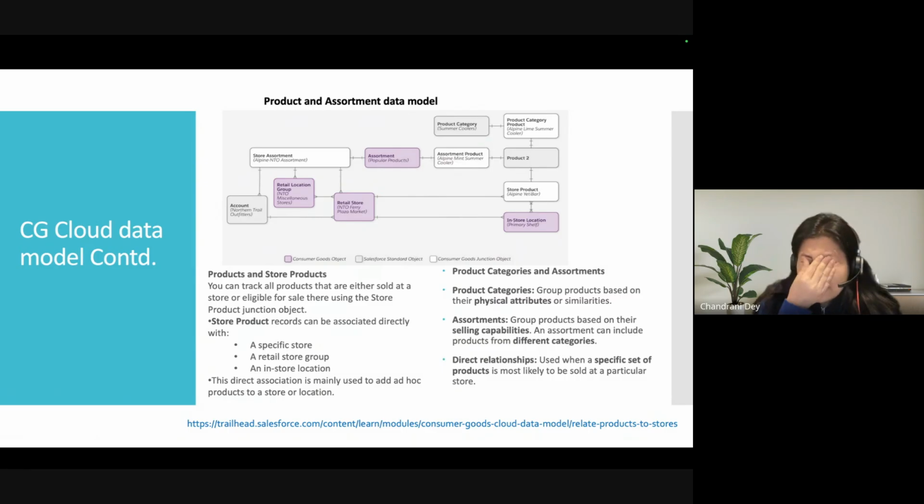All those things are generally captured in in-store location. This is what I was missing in the previous screenshot. So in a store product object, you are going to also associate it with in-store location, not only with the retail store or the store group, but also where in the store this particular product is located.